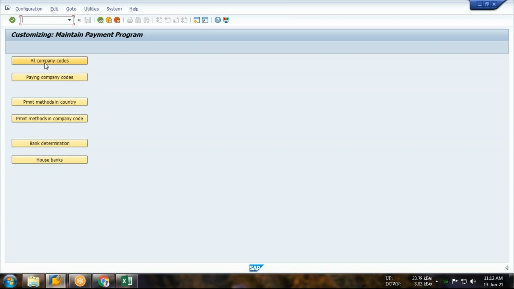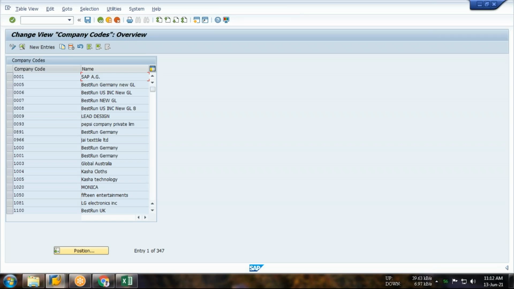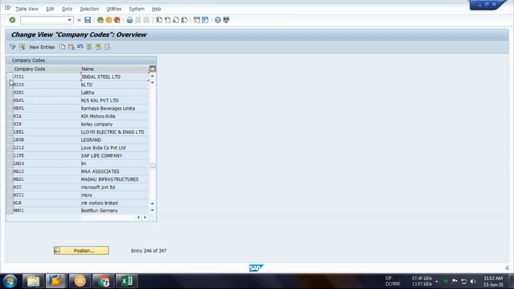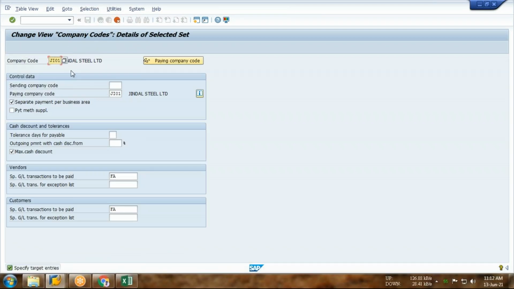So how shall we proceed, sir? The first option is all company codes. Okay. So guys, I'll use the copy option over here to configure it. So my company code is ICDL, and this is the ICDL.